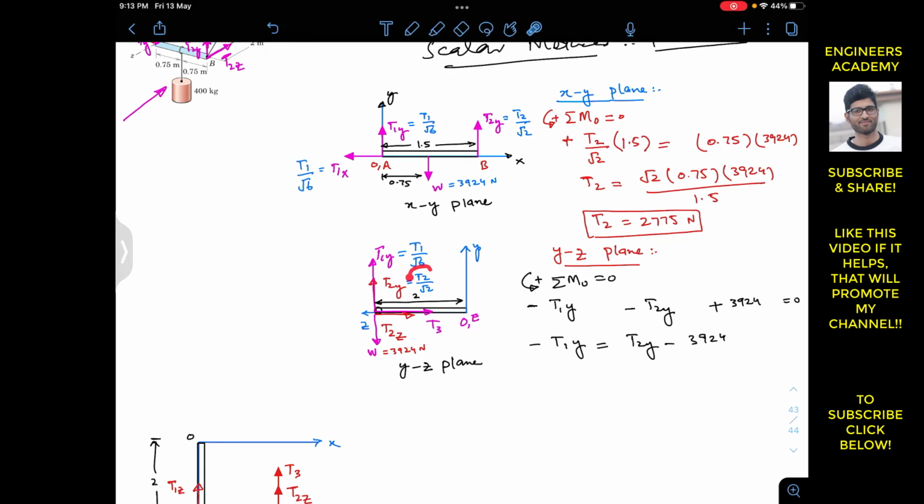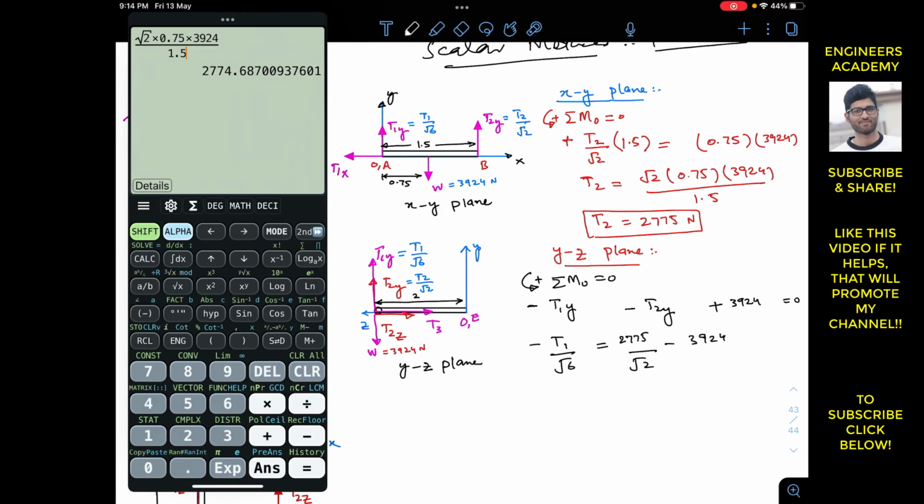So now T2y, this is T2y, which is T2 divided by square root 2, so we will write that T2y is T2 divided by square root 2, and T1y is T1 divided by square root 6, so I will write that this is T1 divided by square root 6. And now we know the magnitude of T2. We know this magnitude of T2, which is